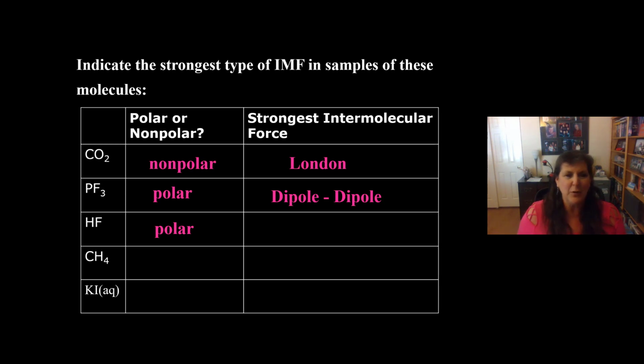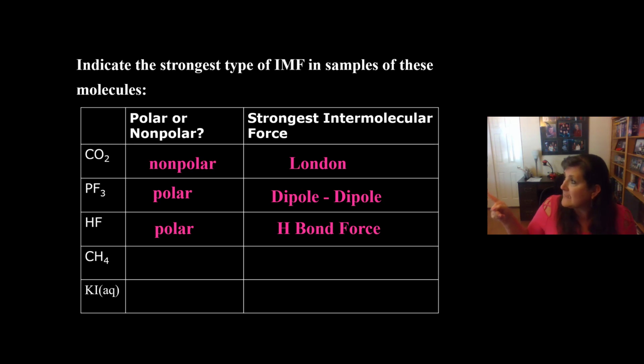So we didn't even have to do a Lewis dot structure for that because it's just the one bond and it's a polar bond. Now, this is an H bonded to an F. Does that ring a bell? It should. Remember, if we have an H bonded to an N or O or F, we can do hydrogen bonding force. Yeah, hydrogen bonding force. We'll go with HF.